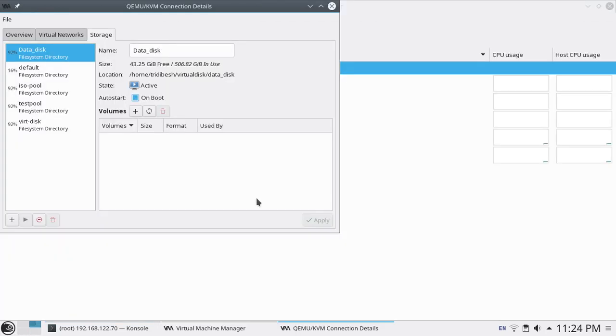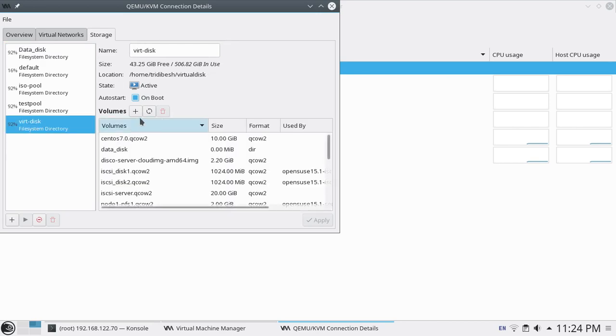As you can see, I am in my virtual machine manager. Please remember, in a production system if you are using physical servers, get a shared LUN from your SAN device to both the nodes, or from your iSCSI server get the same disk shared between both the nodes. This SBD will be used as a STONITH device to do the fencing of these nodes, so that should be a shared device on both the nodes.